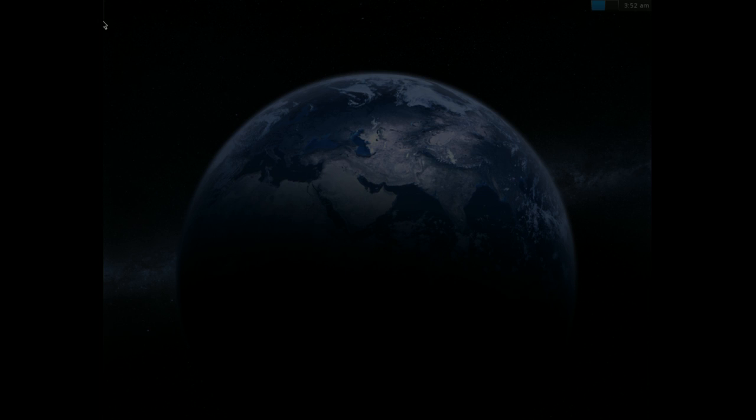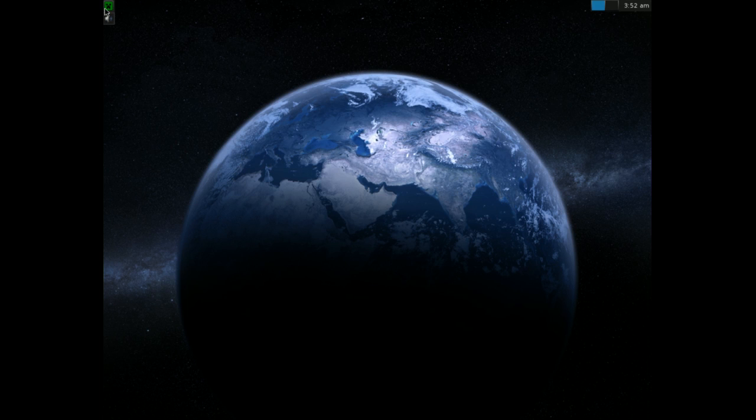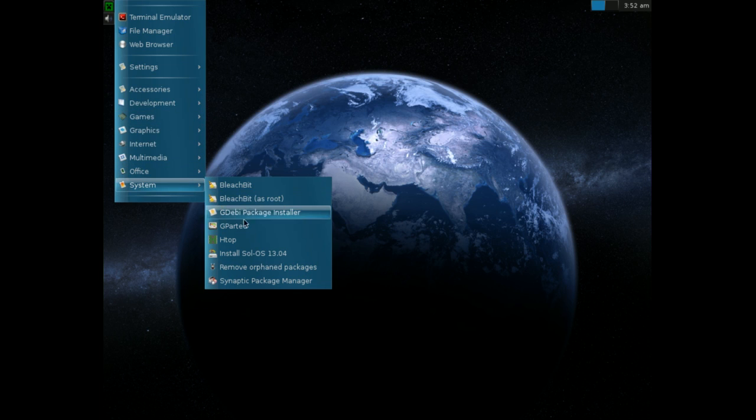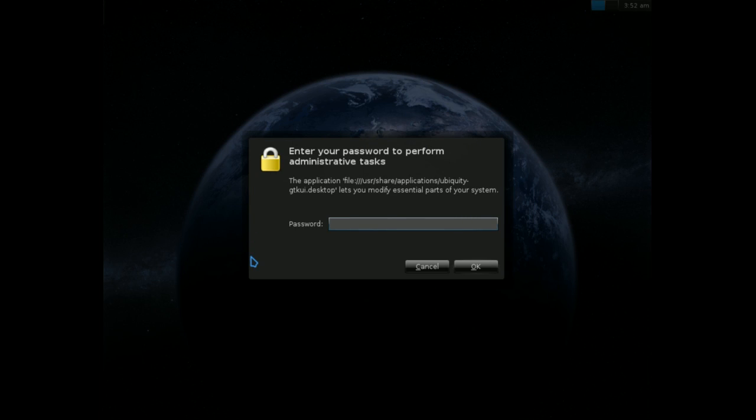So you go to your menu. Now you can launch the installer a couple of ways. You can do it from the terminal, which would be ubiquity, and just press enter and it will install. Or you can click on the menu, click on system, swap over and do install Solos 1304, which is supposed to say 01.10, but it's not, so it is what it is. Anyway, continuing on,